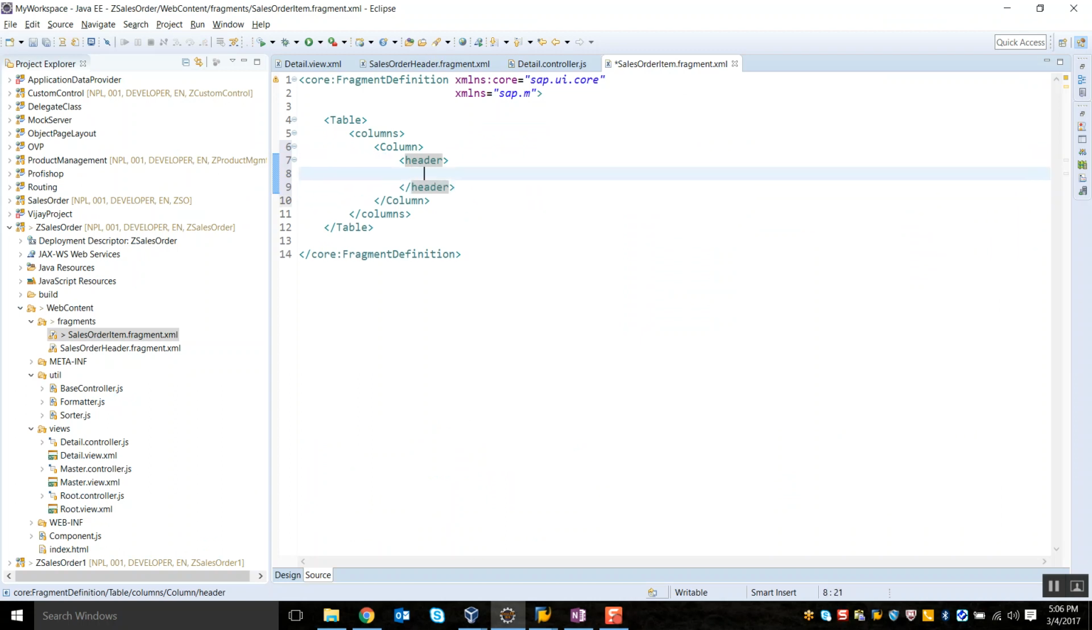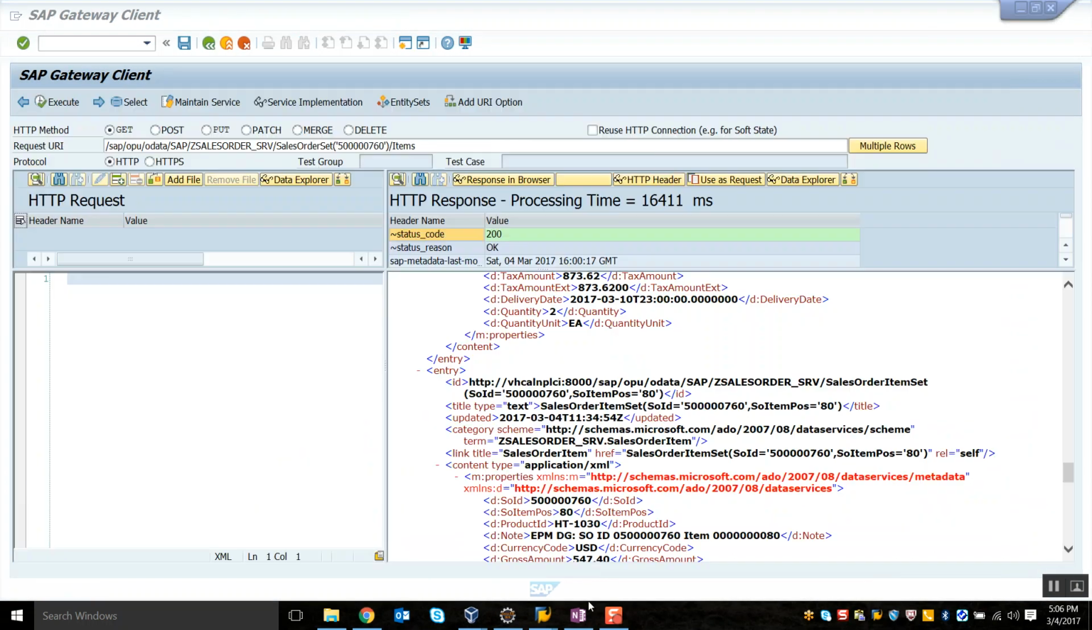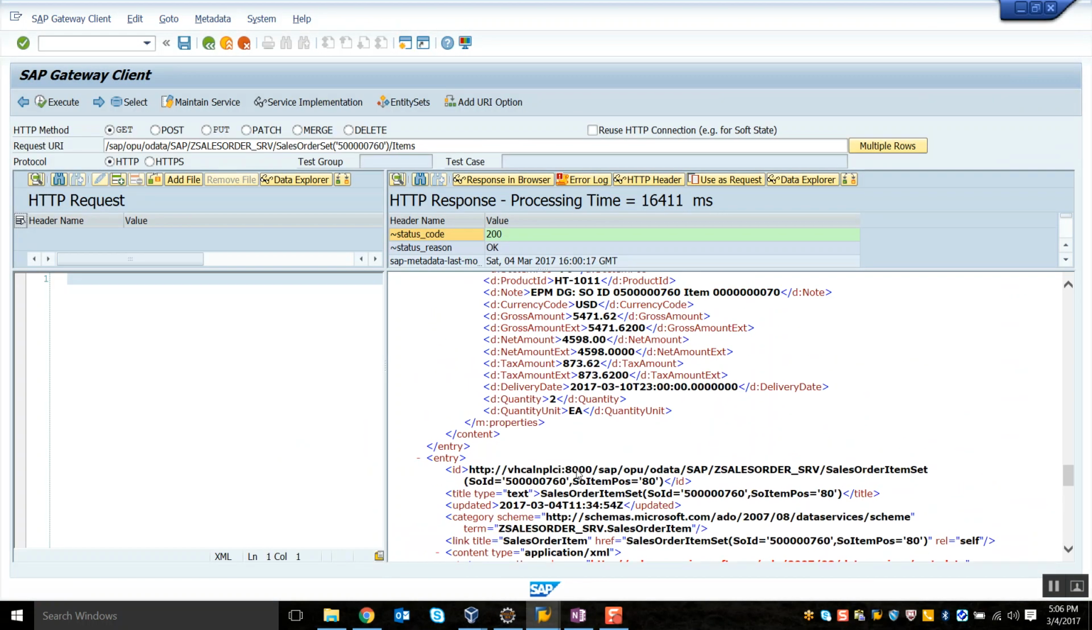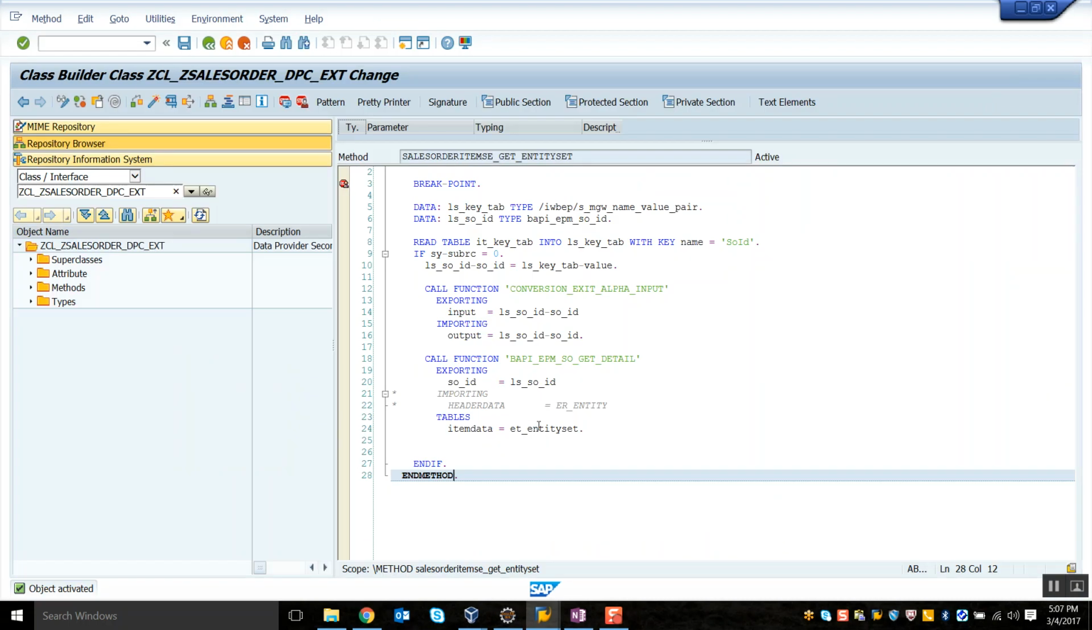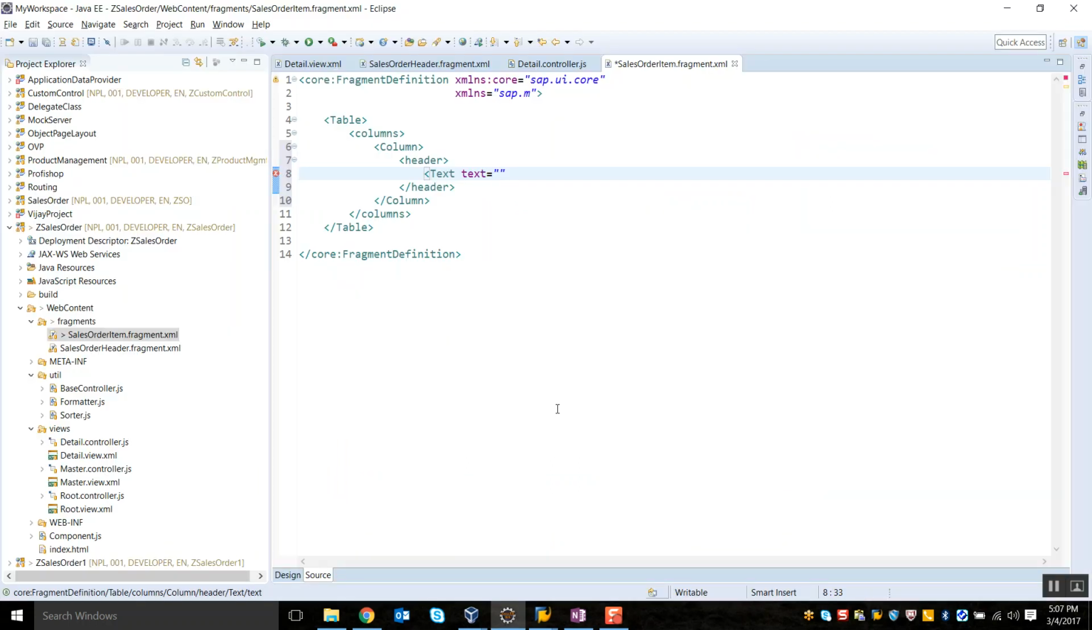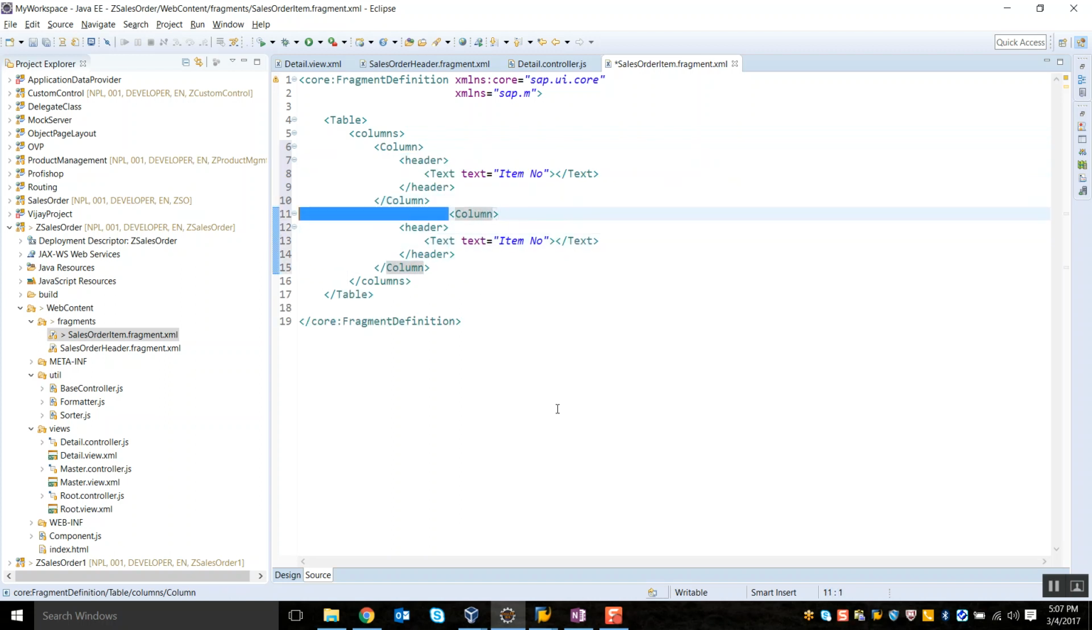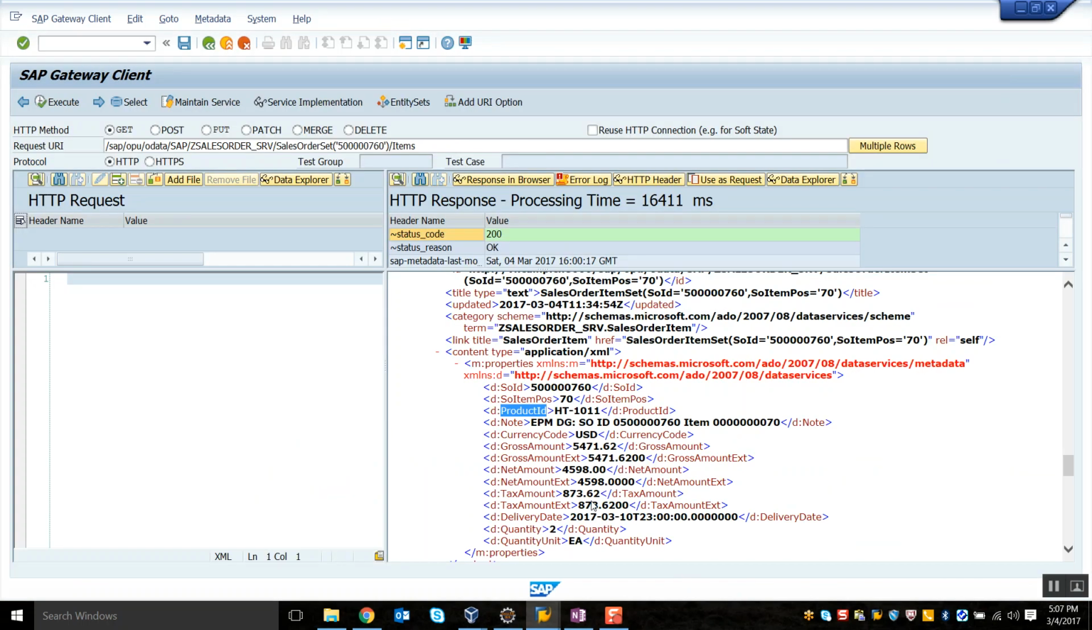I'll just give a plain text control where I'll give a text, and the information I'm going to display here is, first, the item number, then similarly the product ID, and then the quantity,